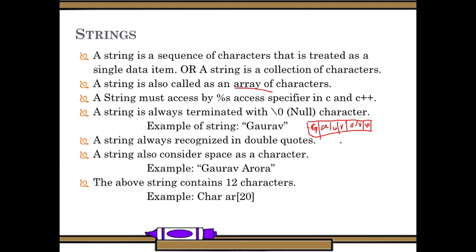Suppose in between we use a blank or a space; the space also is considered as one character.